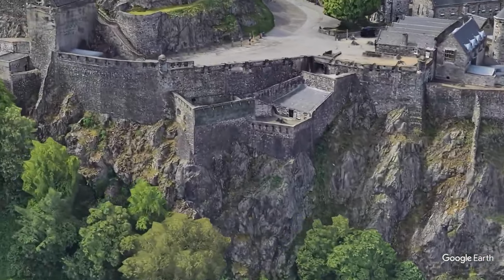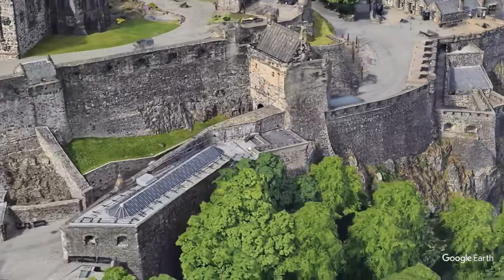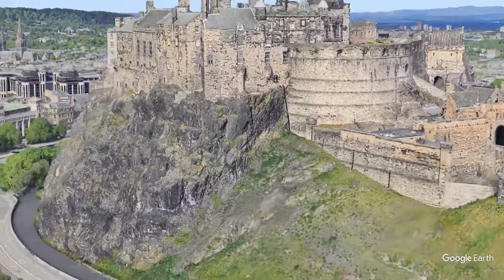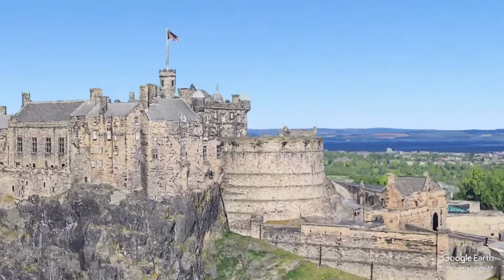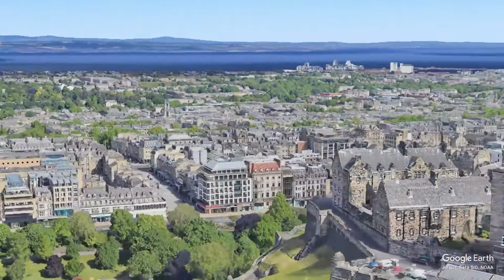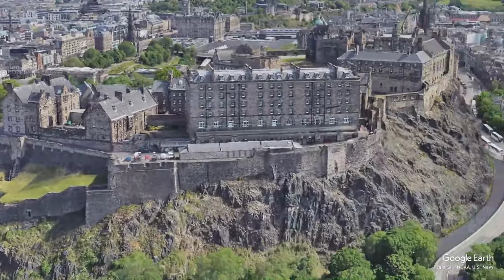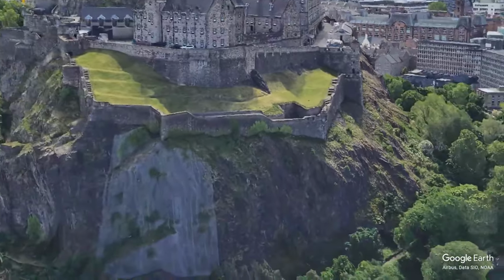site has been occupied since the Iron Age. It has served as a royal residence, a military stronghold, and a symbol of Scottish independence. The castle's strategic location was chosen for its defensibility and visibility, making it a crucial point during various conflicts throughout Scotland's turbulent history. One of the most significant events in the castle's history occurred in 1296 when King Edward I